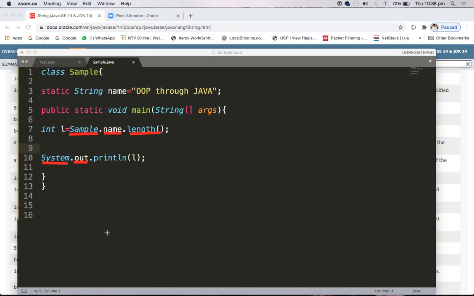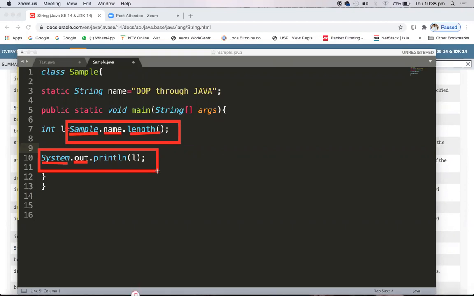And we can understand why we are writing System.out.println. Many times people confuse that out is an object. Out is not an object. Out is a static member of the System class. Println is a method of the PrintStream class. By this analogy, if you understand Sample.name.length, you can understand what System.out.println is. Hope things are clear. Hope I have cleared my question number 2, that is, what is System.out.println and how to understand it properly.